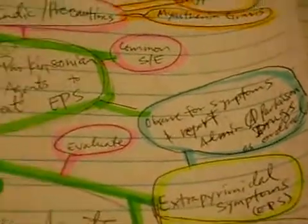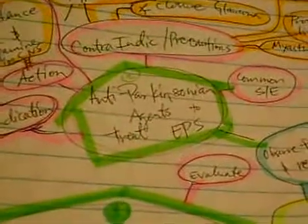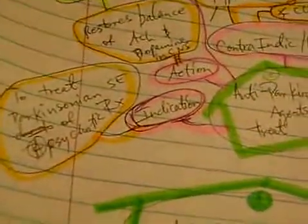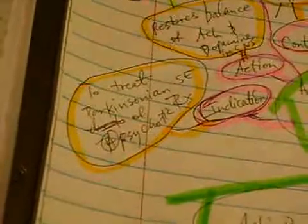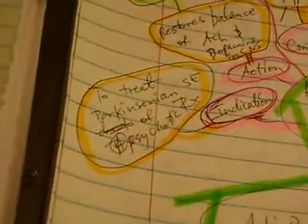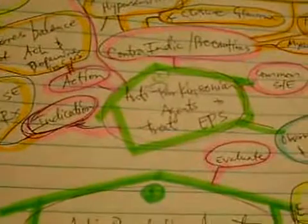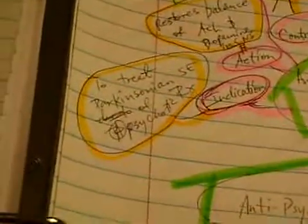When you start to administer the anti-Parkinsonian agents to treat extrapyramidal symptoms, there are things that go along with them. Number one is indication. The indication to administer these drugs is to treat the Parkinsonian side effects of antipsychotic drugs, which is kind of funny because you're giving them antipsychotic drugs to get rid of their psychosis, and yet you're giving them Parkinsonian symptoms. So anyways, if they're exhibiting these symptoms, you want to decrease the